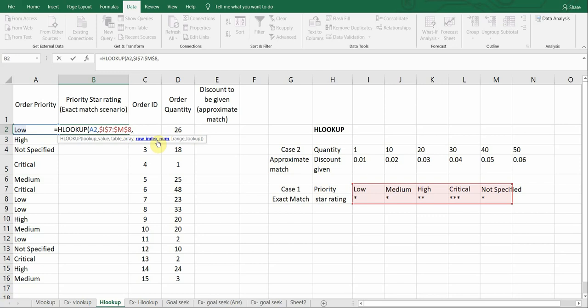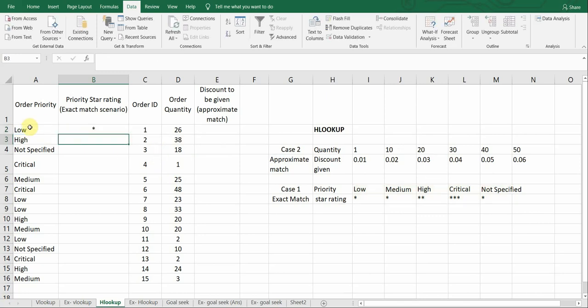So the row index number that we'll be referring to in our lookup table array is row 2, comma, the range lookup. Now since we're going to look for an exact match in column A and the lookup table array that we have, we're going to choose false and close the brackets and just click on enter.